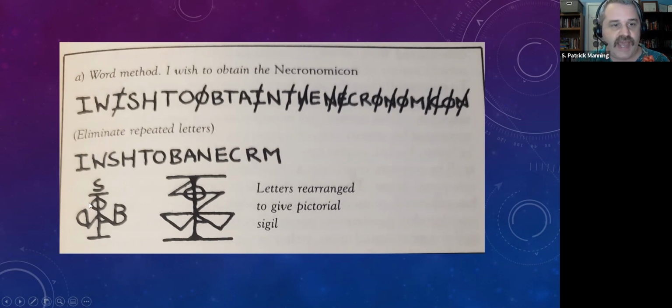And then you just stack the letters together and mush them up in ways that they're represented somehow. In theory, if you go through that little glyph there on the lower left, you can see all of those letters represented somehow in there. And then you would tweak them or rearrange them so you get a prettier sigil. And the advice really is to just make it look appealing to you, make it look aesthetically pleasing to you,